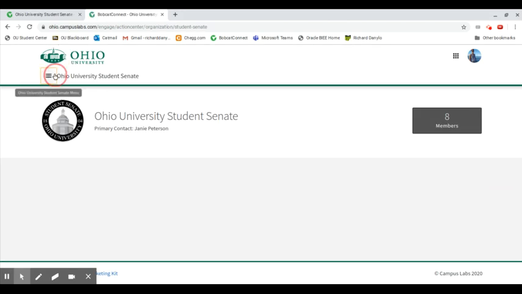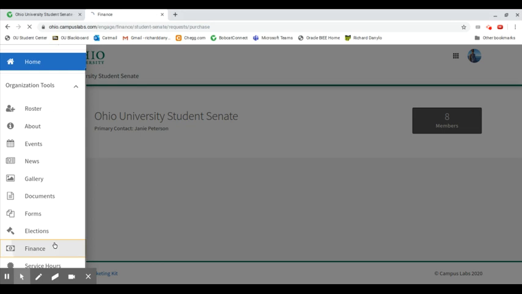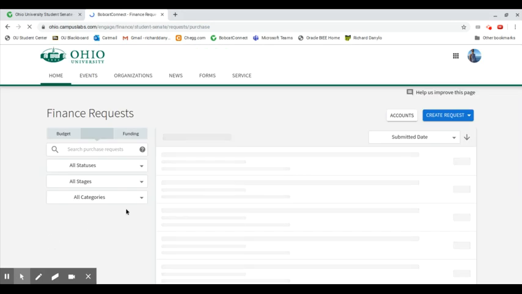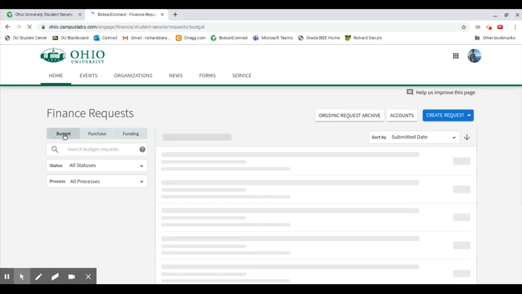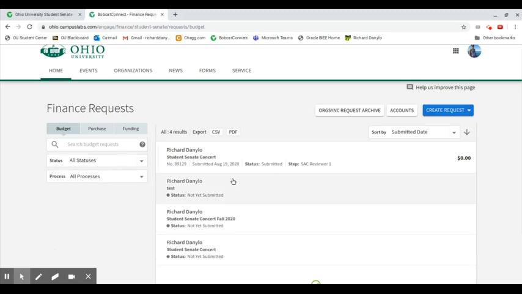and I went to my finance section like we are supposed to when we're dealing with budget stuff, and I went to my budget request, you can see the same thing that we just saw after there. You can see that all of these have the status of not yet submitted because I hadn't done those, but this one was just submitted, and you can see how much it's asking for. Obviously, I didn't include anything, but this is ready to go then,